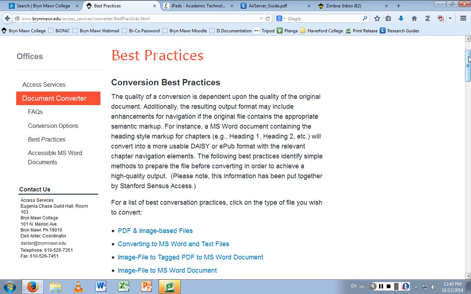Actually, one more question. Sure, please. Are there any rights restrictions on distributing the link or the file of converted documents? Because I imagine a lot of